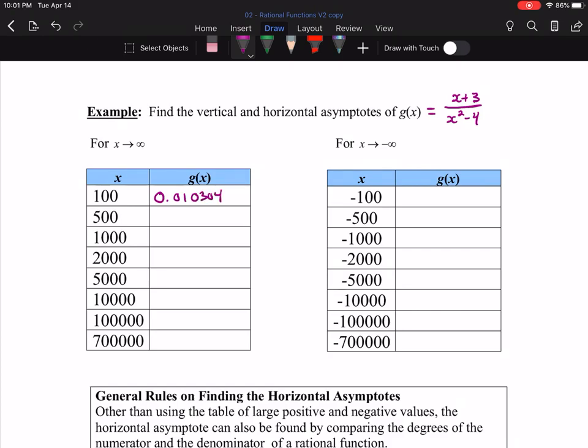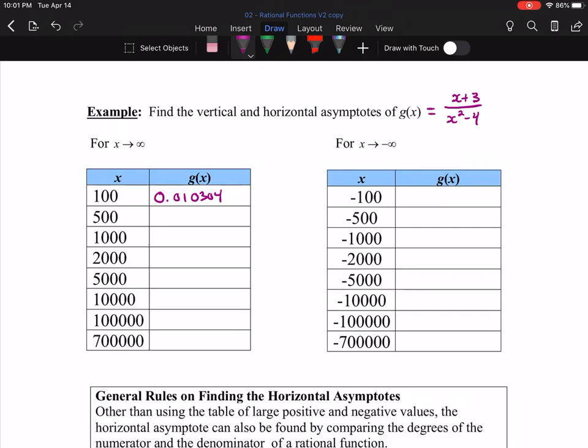Anyways, when I do all that and punch it into my calculator, what I get is 0.010304. And the reason that's so small is because even though I was subbing in x equals 100 into the numerator, that 100 got squared in the denominator, and the denominator was much bigger than the numerator. And if you go to a bigger number like 500, the top gets even bigger. It's now 503, but the bottom's like 500 squared, which is like